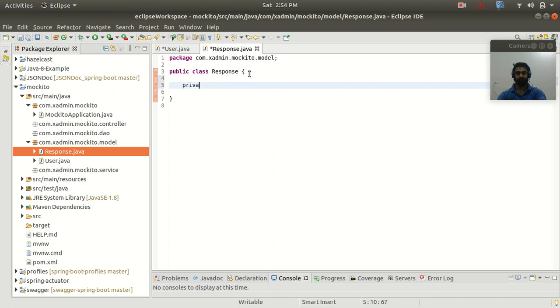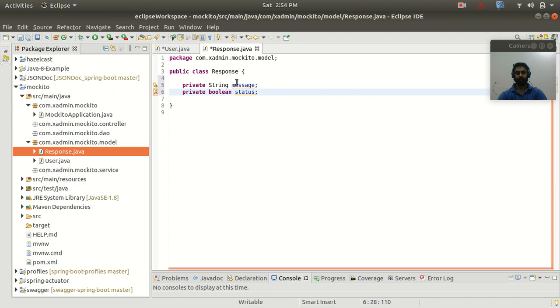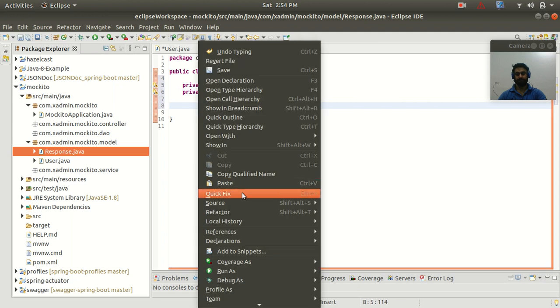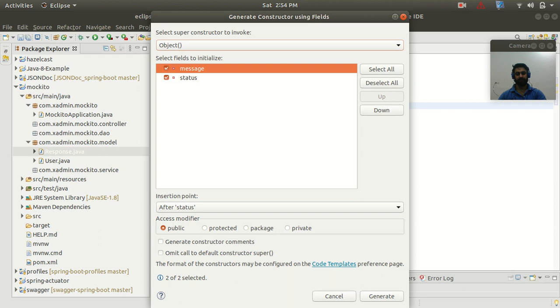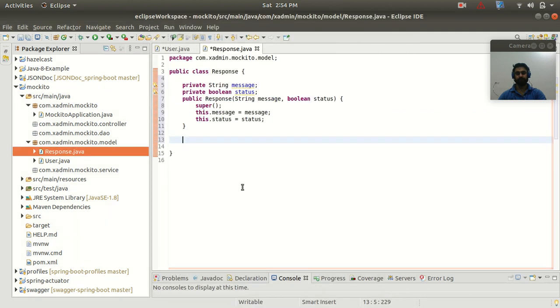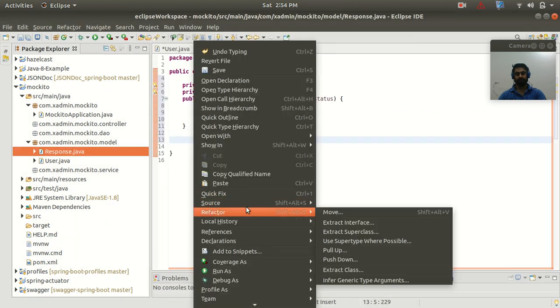Let's say message with the type String, and the other property I will add is a boolean status, right? So we have two properties in the Response class, message and status. So let's add the parameterized constructor first. Let's add the default constructor.